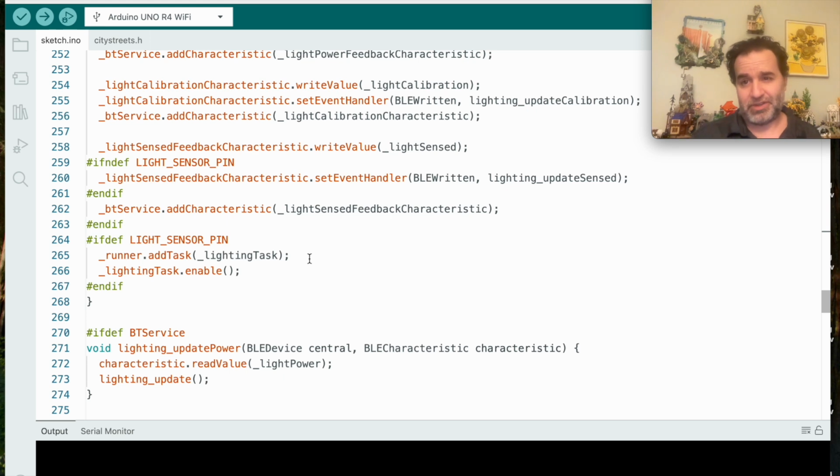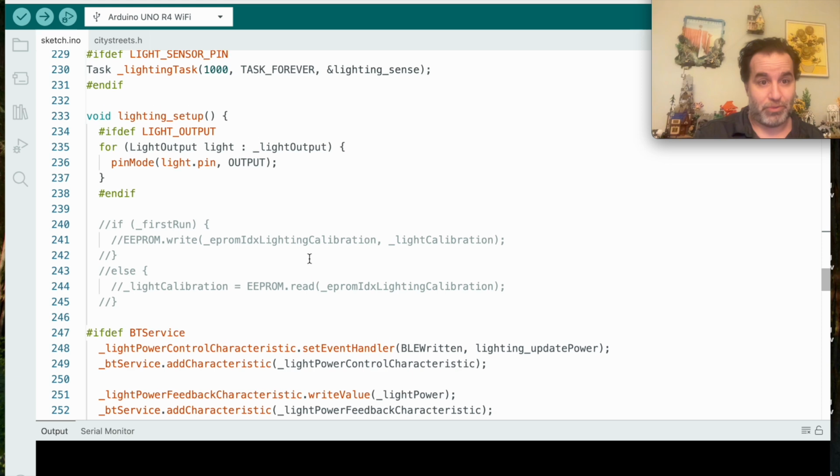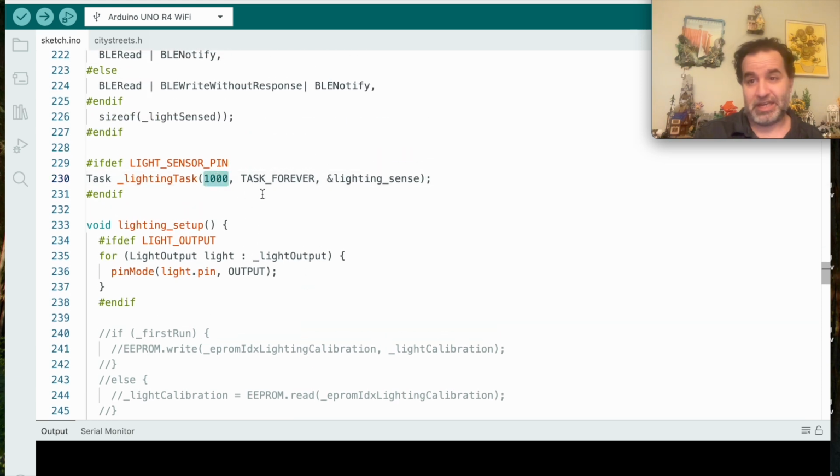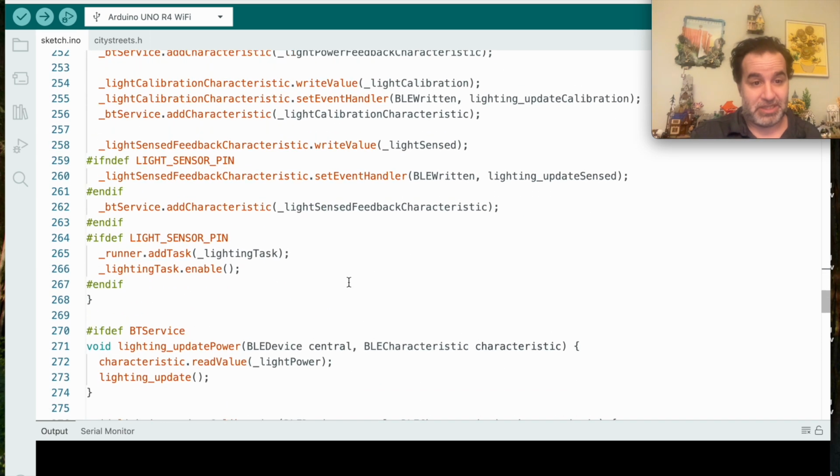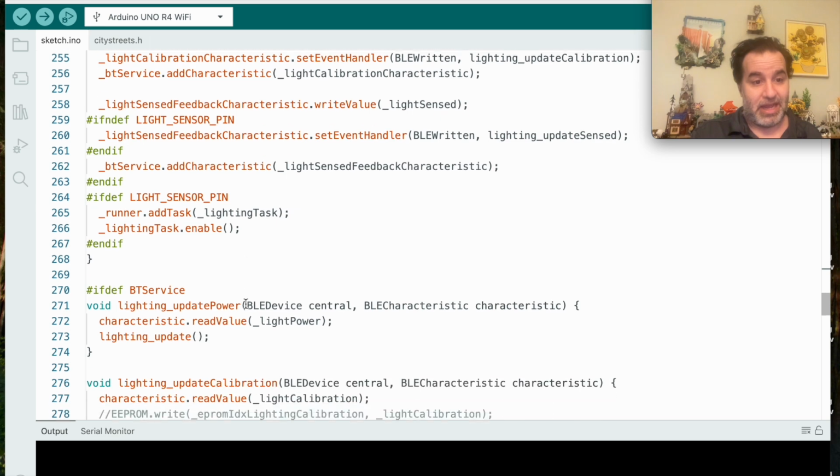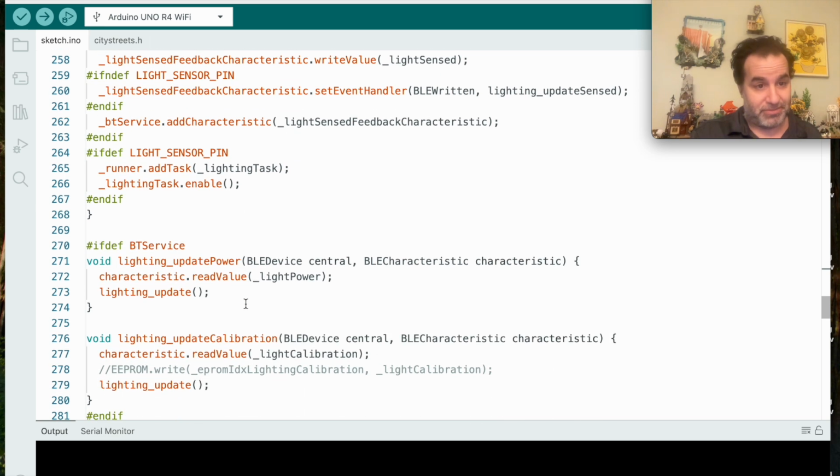So this is our first case of a sensor, and so we want to read that sensor on a timely basis. Now we're only reading it once a second because it's ambient light and we're turning lights on and off. We don't need it to be fast. So once a second, we ask it, hey, could you read the sensor, which is our lighting task,